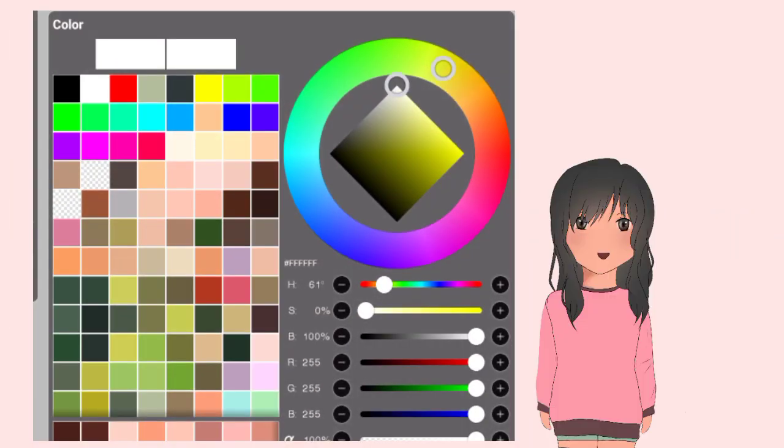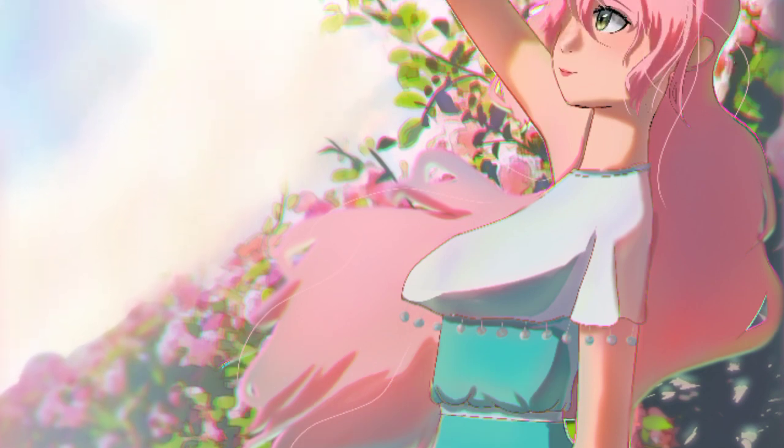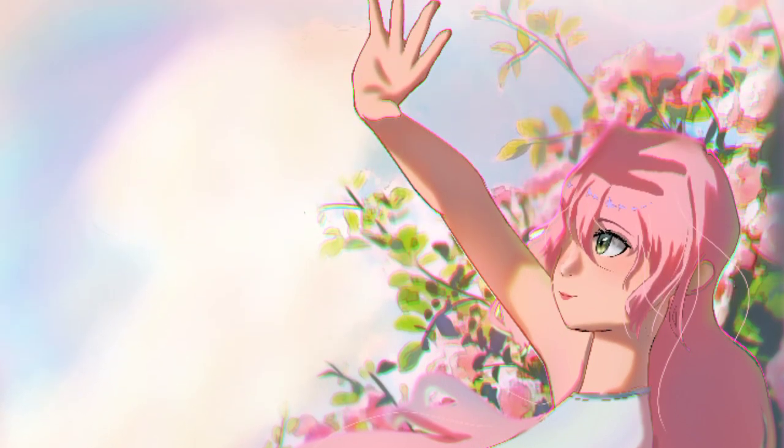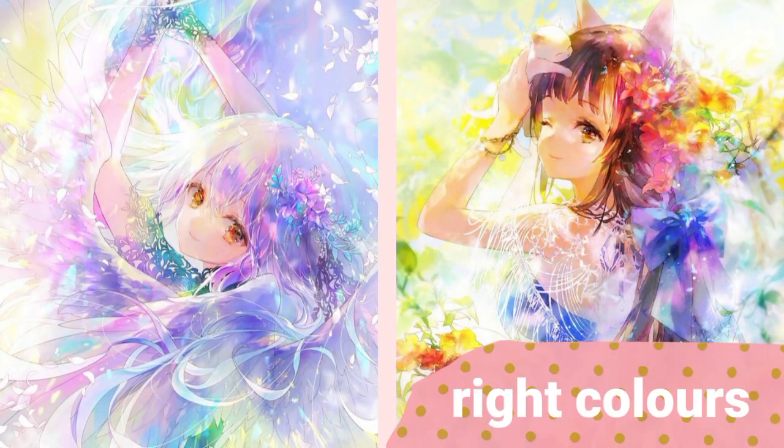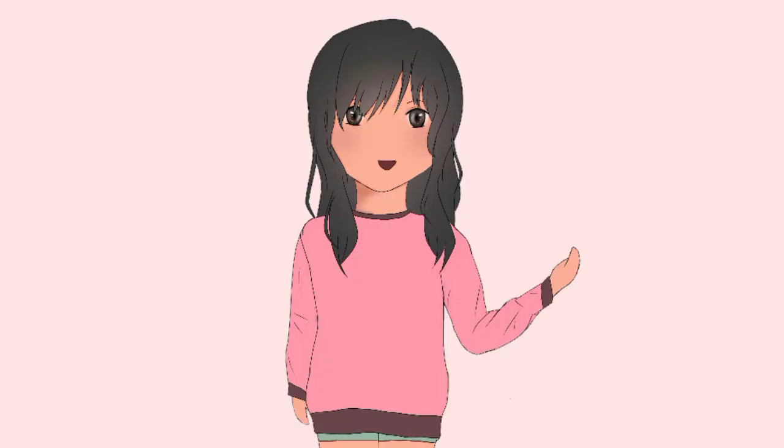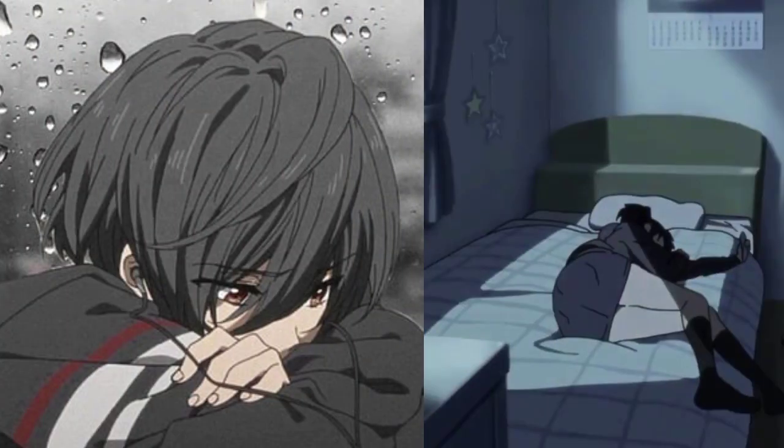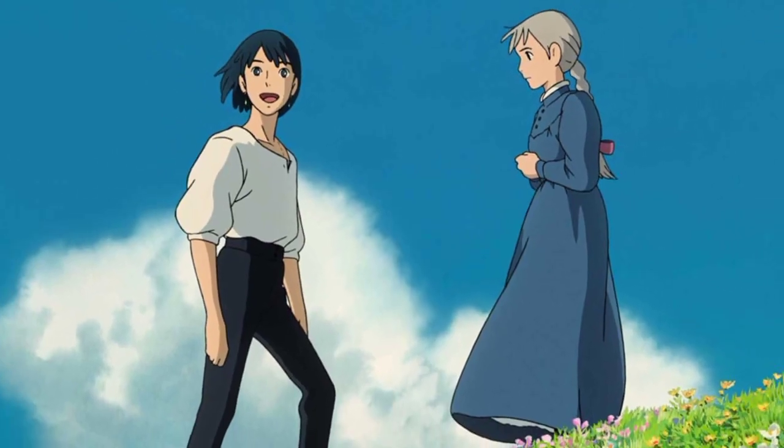Colors. What's the right way of using colors? Do you know you can improve your art by using colors right? Right colors grab our attention easily and it's just pleasing to look at. There's no secret that colors are the best foundation of drawing and art. Using colors, you can tell the viewers about the mood of your art, like dark color means sadness, bright color